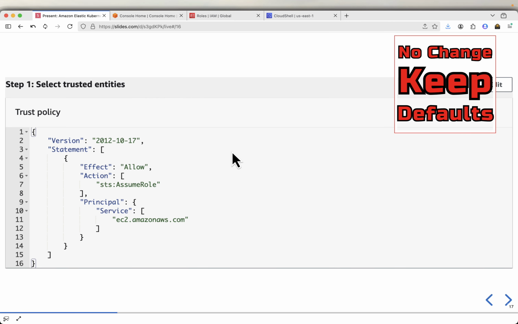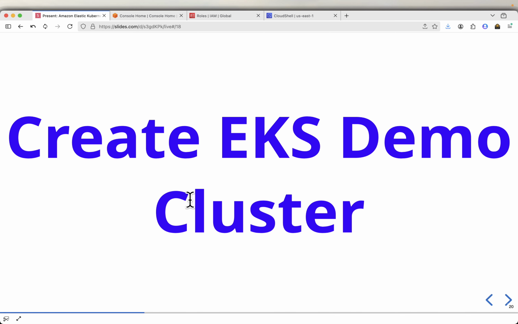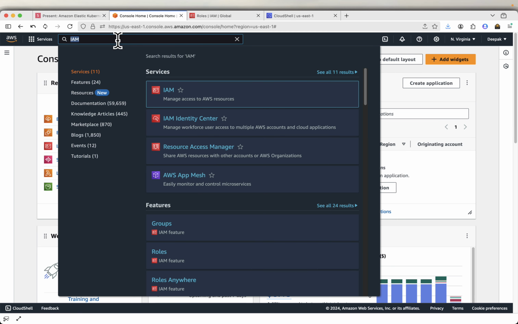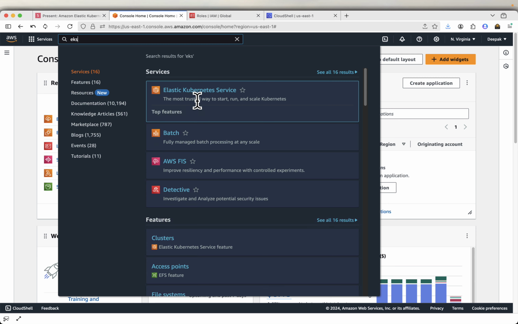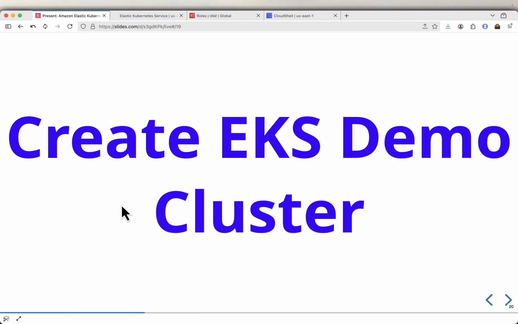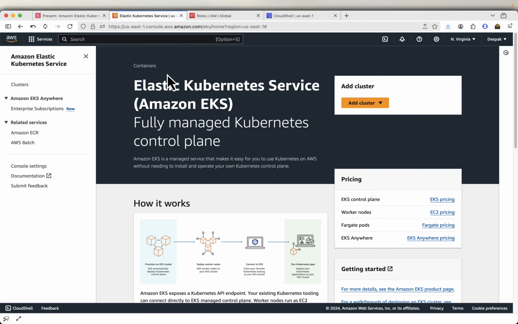Okay, the role is created. So we have seen all these permission policies. Next we will create an EKS cluster. For that, go to console home and search for EKS and click EKS Elastic Kubernetes service. We will call this cluster demo EKS cluster. So I'll copy this from the demo and click add cluster, create,